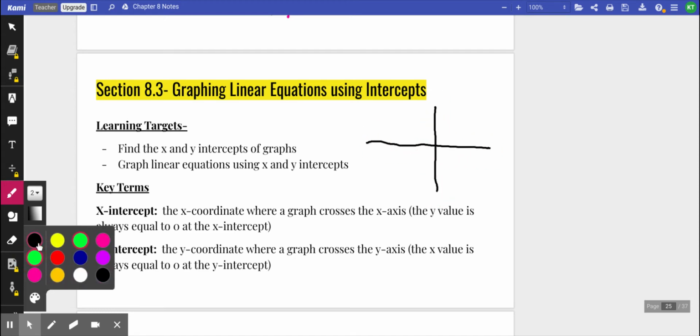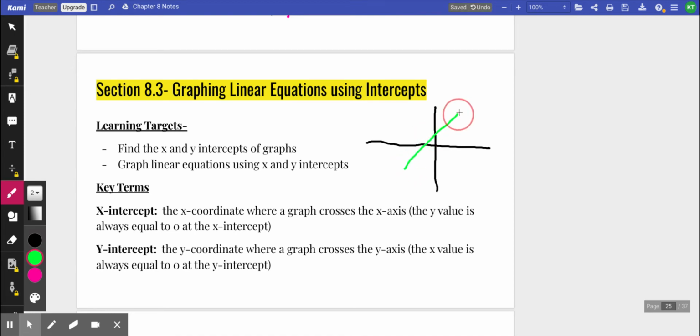For example, if I look at this graph and I did something like this, okay? This right here is the x-intercept, because that's where it crosses the x-axis, okay? And this right here would be the y-intercept, because that's where it crosses the y-axis, okay? And if you notice the x-intercept, right? So let's say that I had another graph right here,